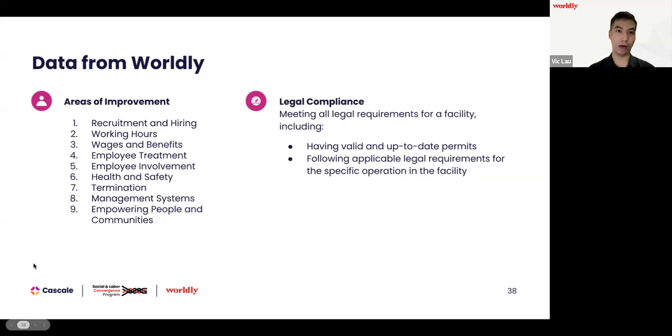And also for legal compliance areas, you can take it as a further zoom in from the areas of improvement. We understand that the top priority for everyone is to sort out any non-compliance issue related to legal requirements. So we also have that covered, to make sure that you can easily access from the FSLM report to highlight which areas you want to spend more time on.